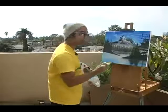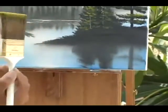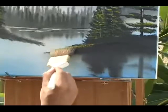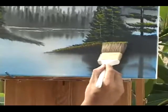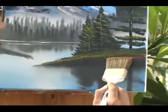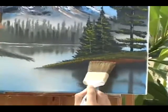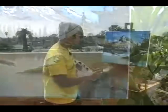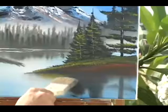paint in a little meadow over here. So just come up here and just tap, touch. You want to work in layers, so the next layer is here. Just touch, comes all the way down. Same thing, take a dry 2-inch brush, pull straight down,